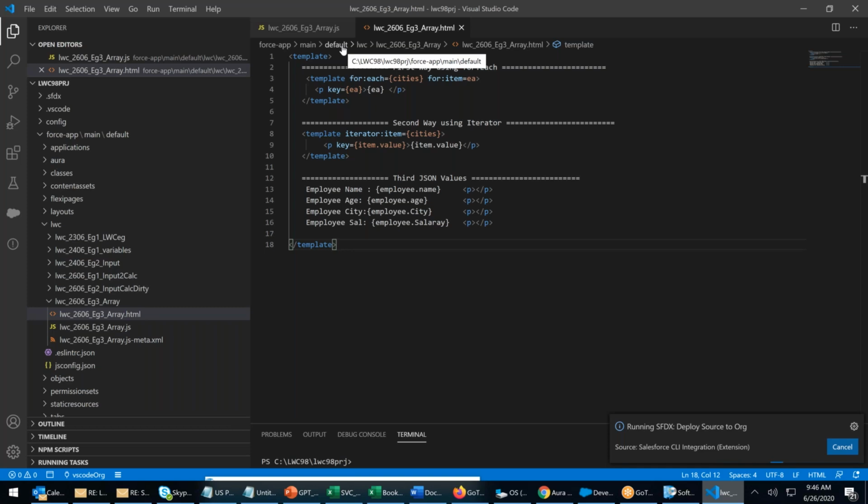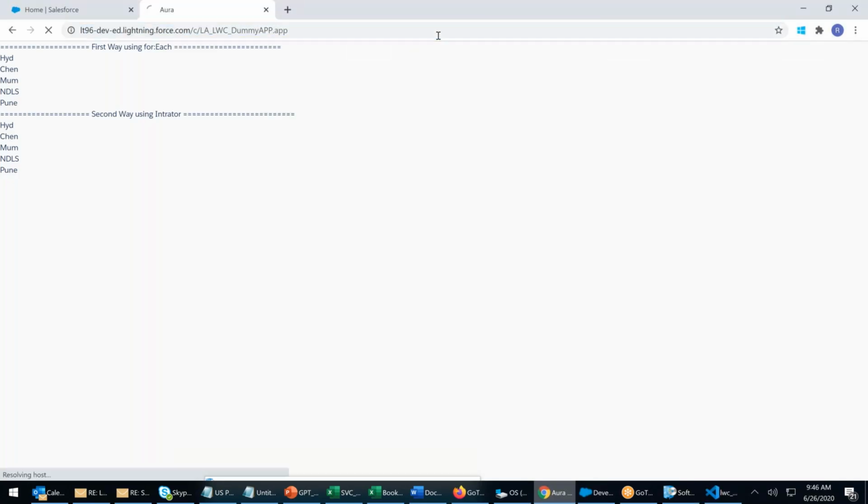Guys, is everybody able to see how things are happening? Perfect. I press enter. Name, 35, city Hyderabad, salary 25. See, system is reading. Name has gone up because you didn't give a paragraph tag.